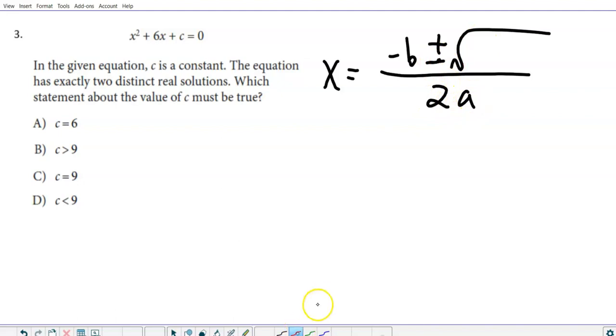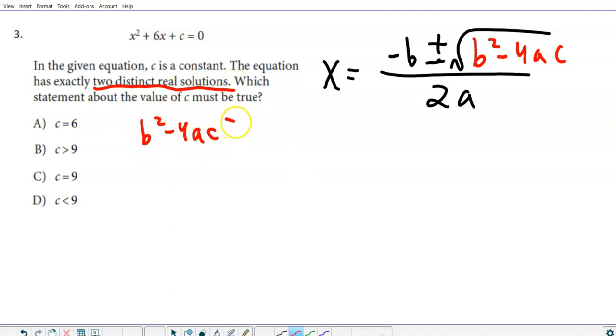And inside of there is something called the discriminant, b squared minus 4ac. And I want 2 distinct real solutions, which means my discriminant, b squared minus 4ac, has to be positive. Remember that theorem from earlier in the year. And so if I plug in b is 6, a is 1, and c is c, this would be 36 minus 4 times